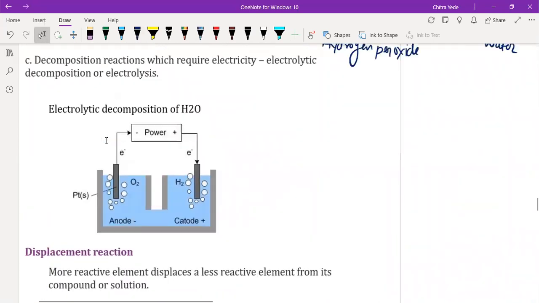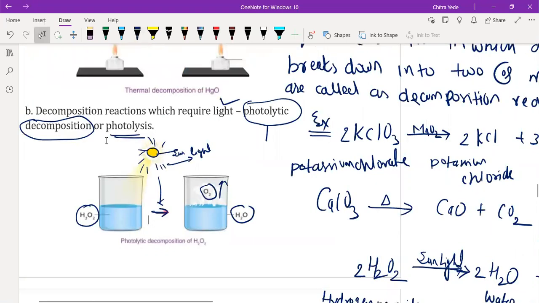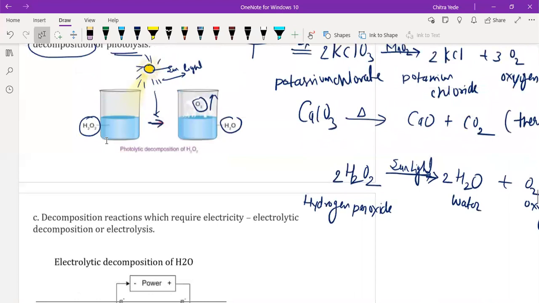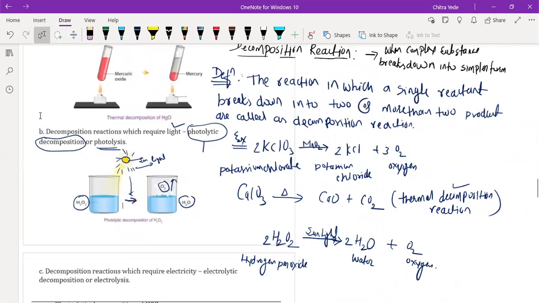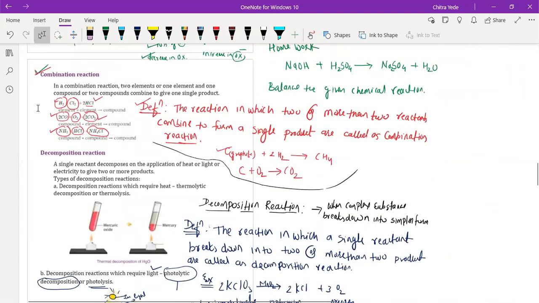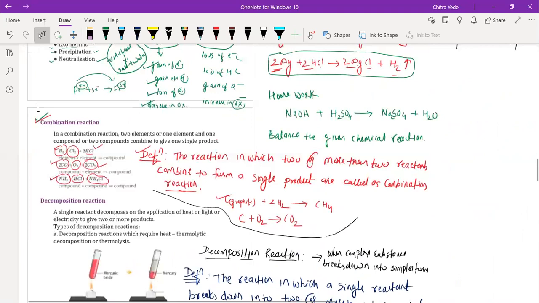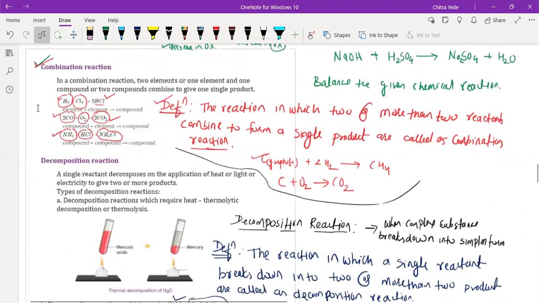If you want to take a screenshot, you can take a screenshot, then we'll move further. Already written, sir. Written, everybody? Yes, sir. Okay, everybody. Now if you want to take a screenshot, you can take it. Okay, done.